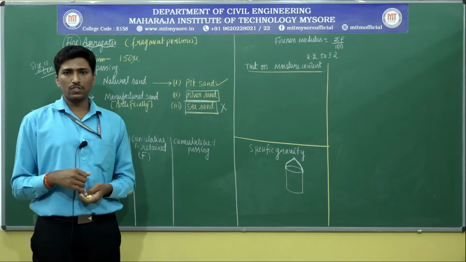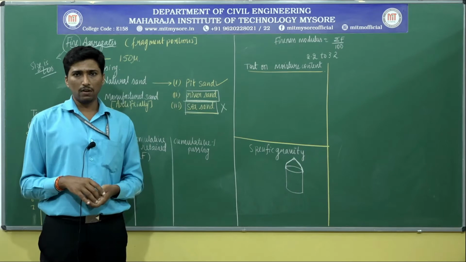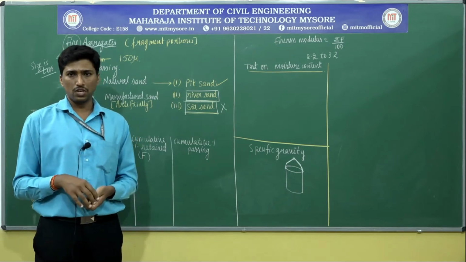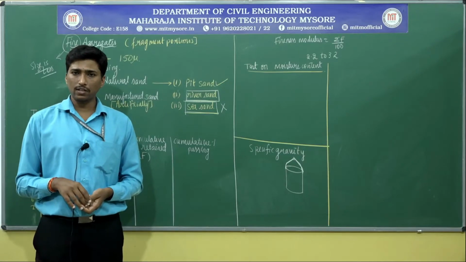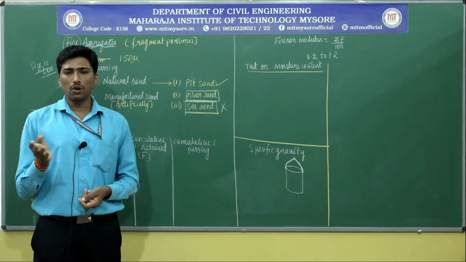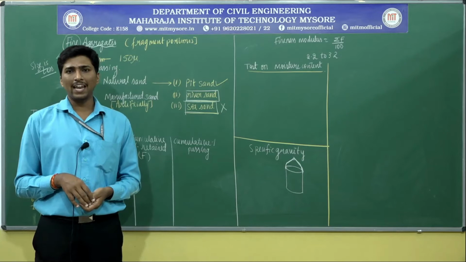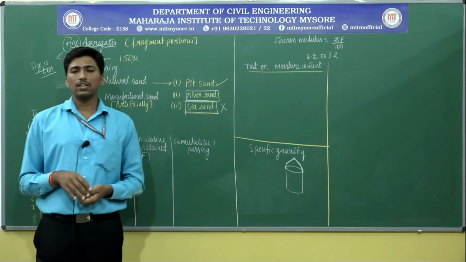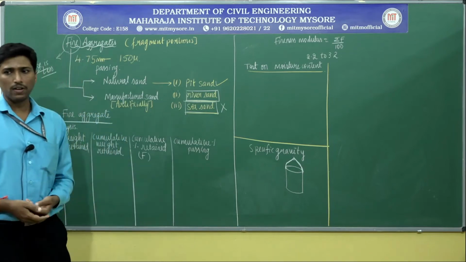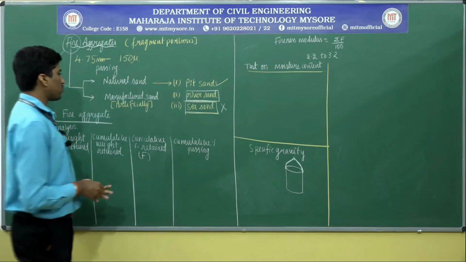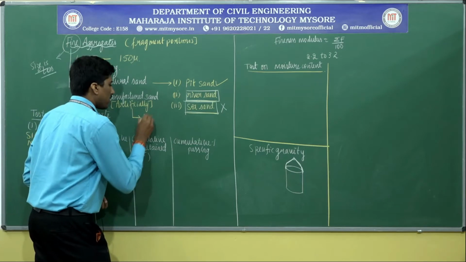The stones which are obtained from the quarry site are introduced into the crusher machine, and they have to be screened thoroughly after the crushing also. So sorting has to take place, then it has to be set for drying. This kind of sand is what we call manufactured sand. We also call it M sand.